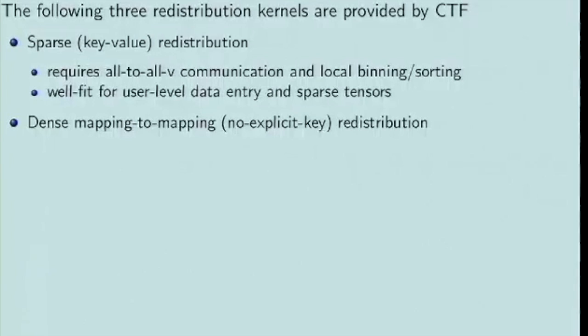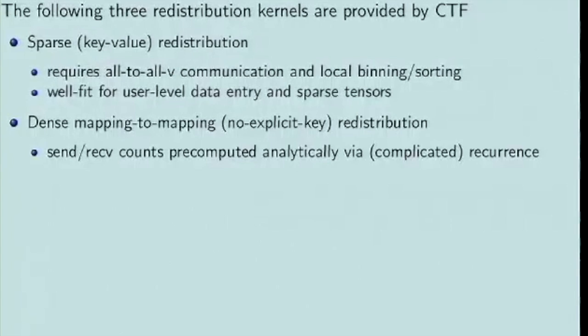The redistribution type that we've optimized most, and is also quite powerful and the one that's most used within actual execution of methods, is redistribution from one mapping, so one physical topology and one assignment of tensor modes to those torus modes, to a different one. And at first we would actually do this by explicitly iterating through all the elements and computing where each one needs to be sent. Recently, we were able to derive an analytic recurrence for any two mappings and any types of symmetric packed layout for how many elements will be sent between a pair of processes. And this thing is very complicated, but it is possible to do analytically,